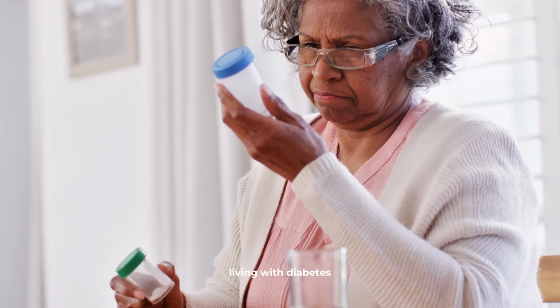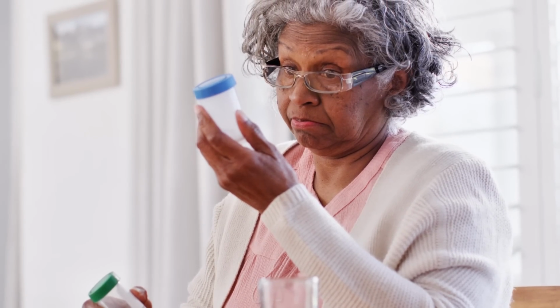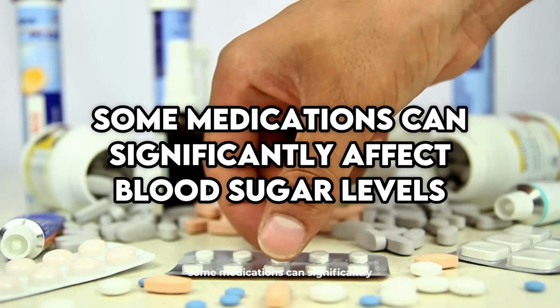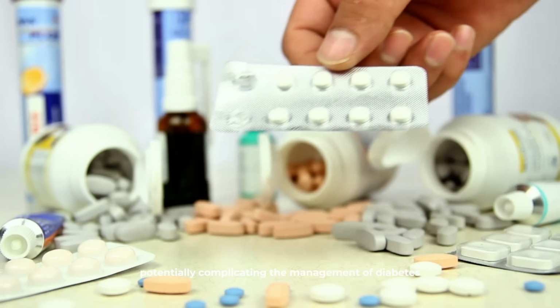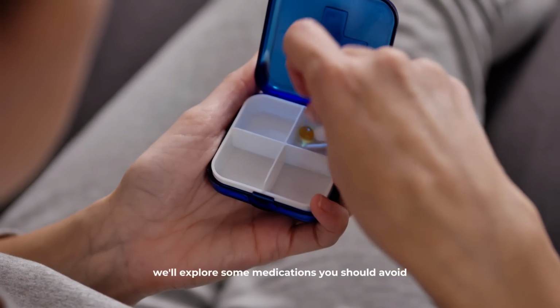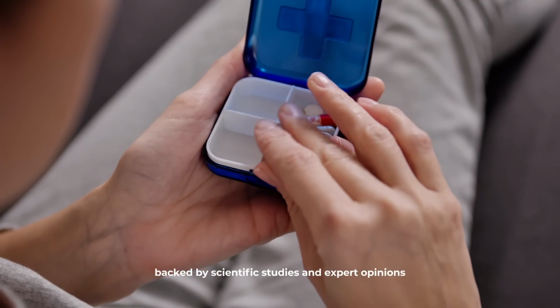Living with diabetes means paying close attention to various aspects of your health, including the medications you take. Some medications can significantly affect blood sugar levels, potentially complicating the management of diabetes. In this video, we'll explore some medications you should avoid if you have diabetes, backed by scientific studies and expert